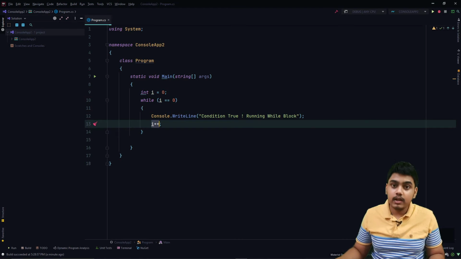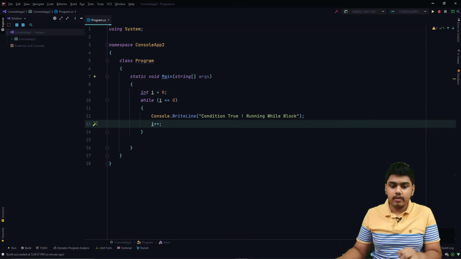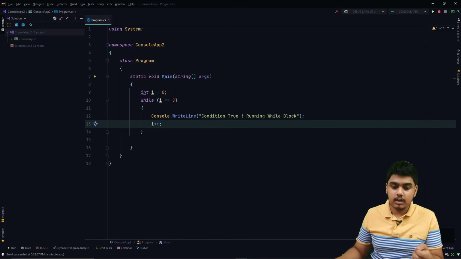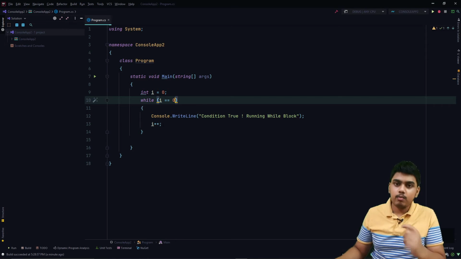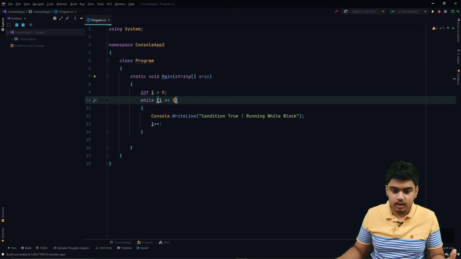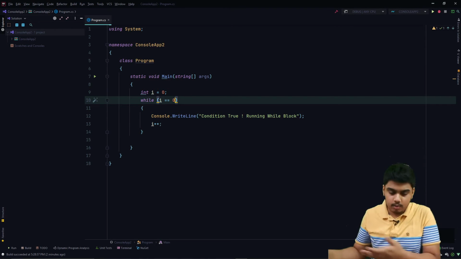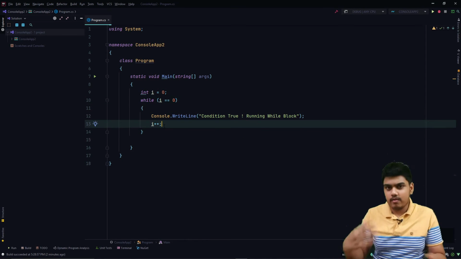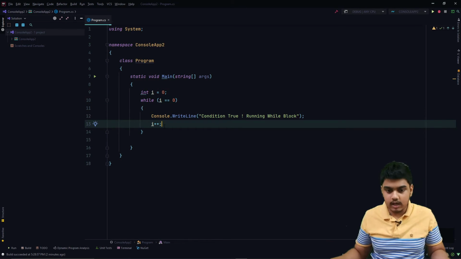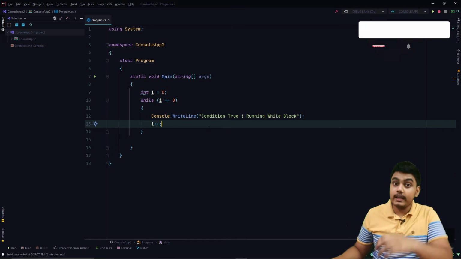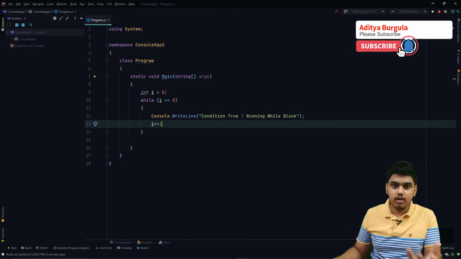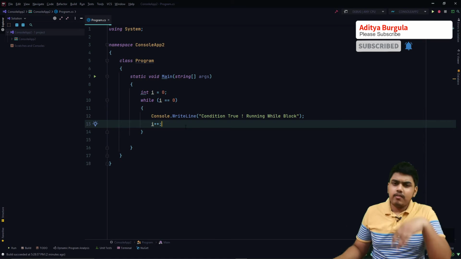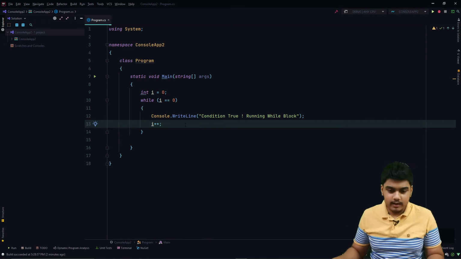And next we are going to increment. Whereas in a for loop we added the increment or decrement in the block itself, in a while loop we can add it wherever we want, after whichever block of code or line we have written. You can write it after 5 lines depending on your code logic, after if blocks, else if blocks, like that. You can increment or decrement depending on the if block or else if block. If it was a for loop, it is decided already.